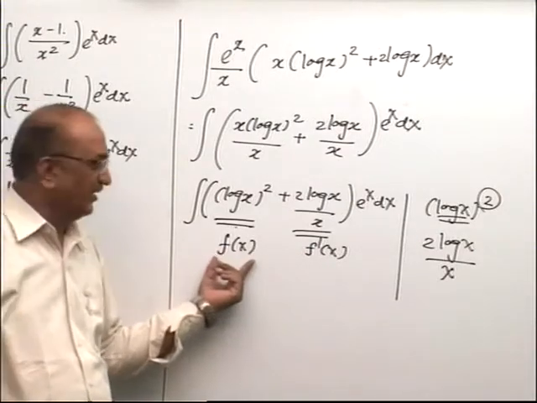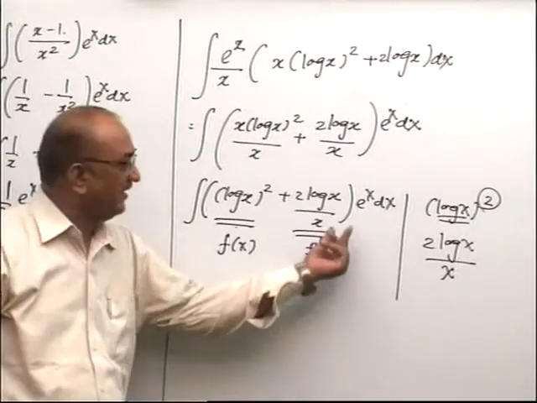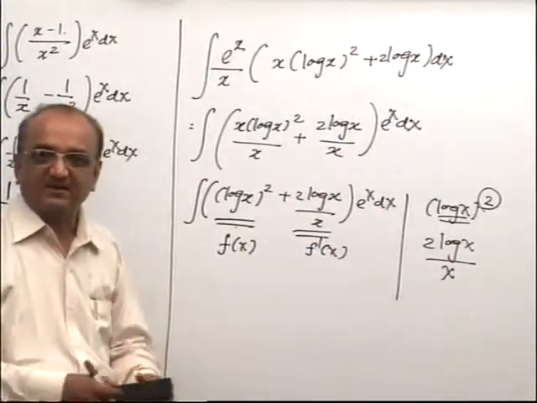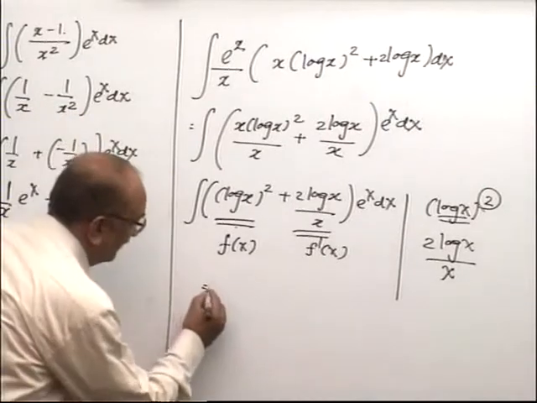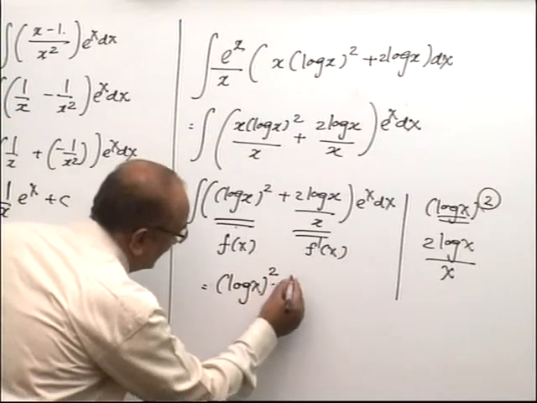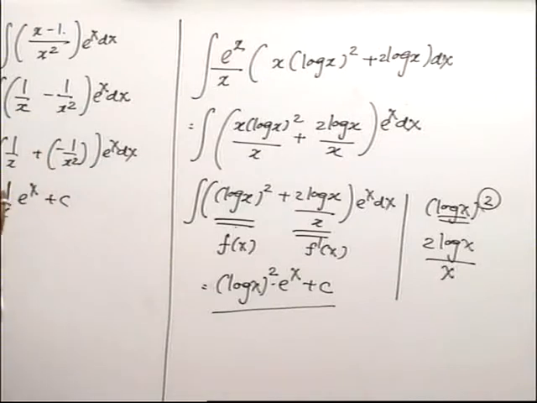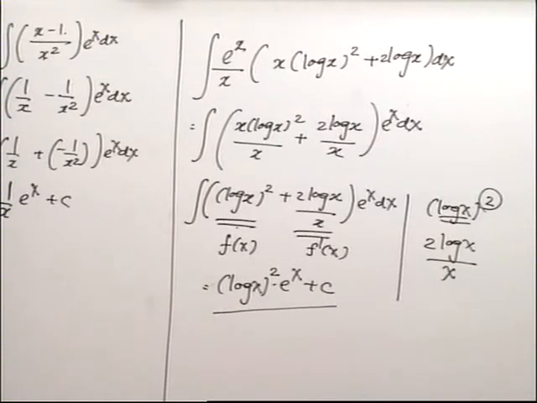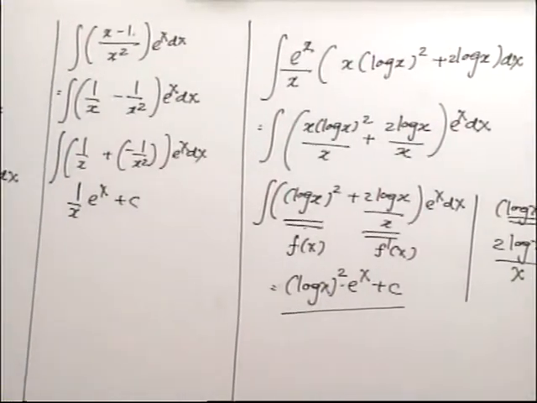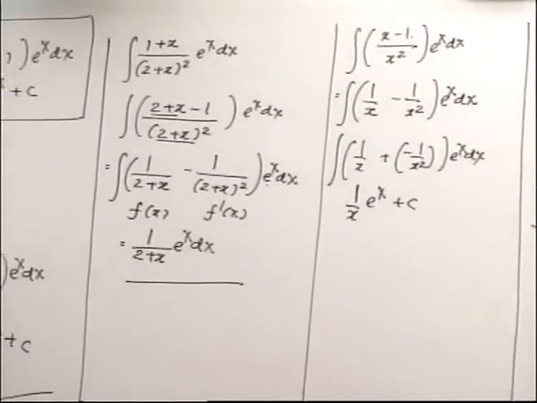This is the part of the function, this is the part of the derivative of the function, f x plus f dash x into e raised to x is given. You got the answer? What to write now? Is equal to f x into e raised to x plus c. Clear? These are the examples of this specific method, integration of f x plus f dash x into e raised to x dx.